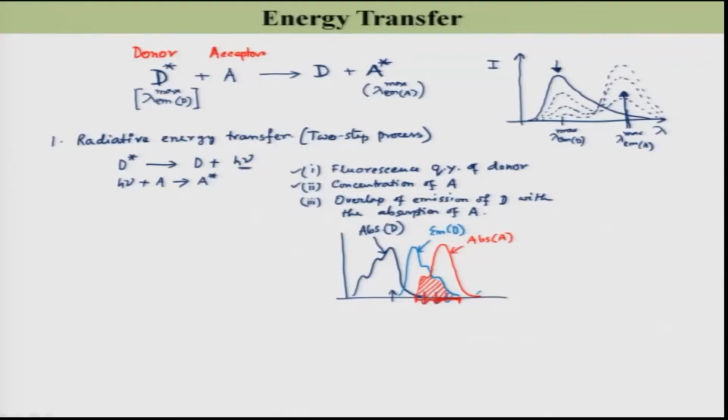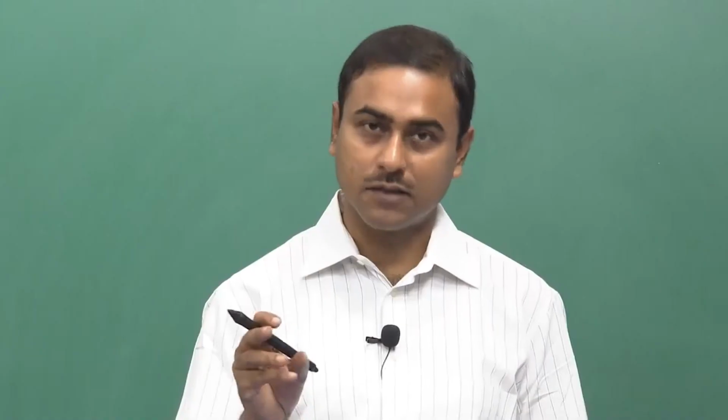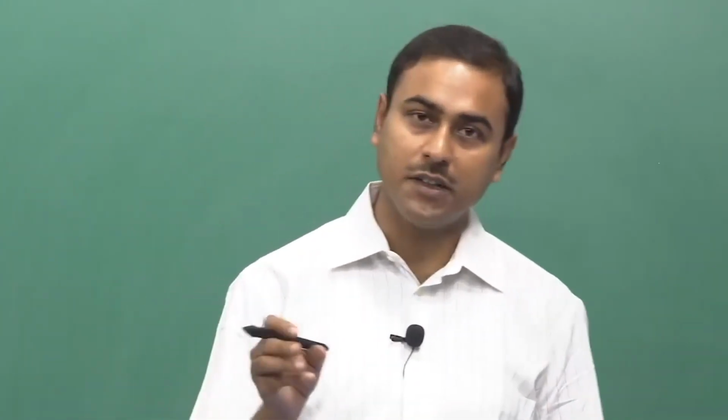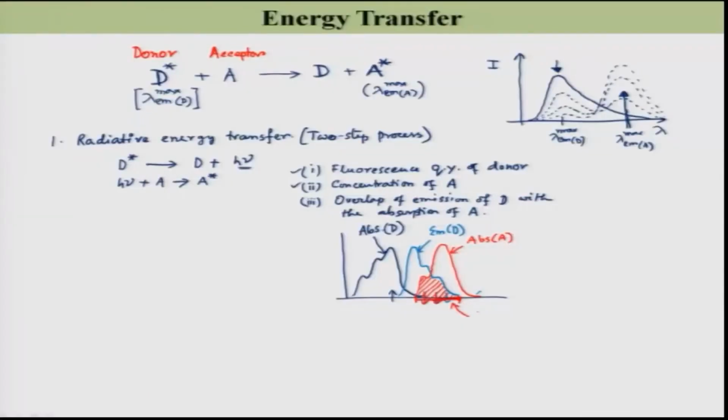So, what you can tell is that if this common area is large, then the emitted photon has a good probability of being absorbed by this acceptor A. If this shaded region is small, then the probability that the emitted photon will be absorbed by this acceptor will be less. And this shaded region is known as the spectral overlap integral and denoted as J